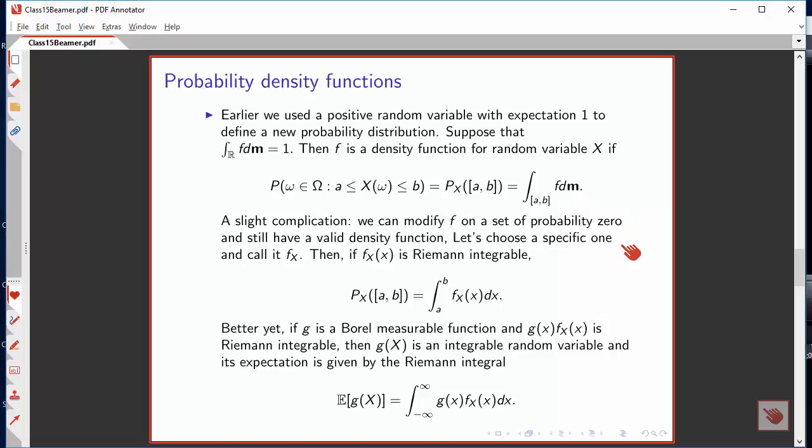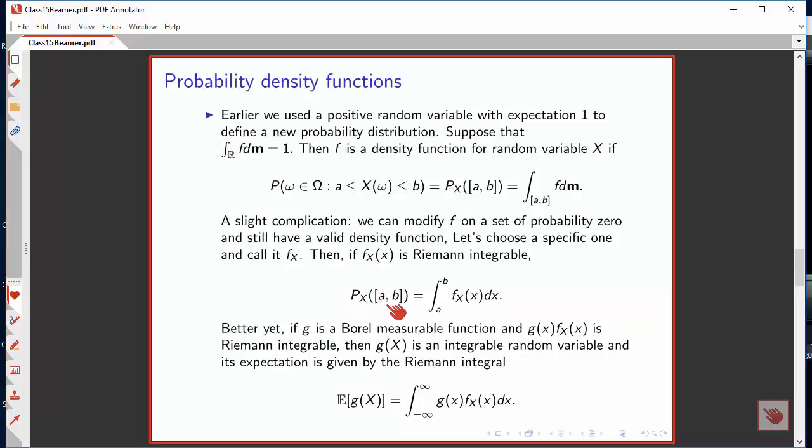But there's a complication here. We can modify a function on a set whose probability is 0. We won't change the expectation, and we will still have a valid density function. So we have to choose a very specific value for the f that goes along with our new random variable x. I'll call it f sub x, and I can then say if that function is Riemann integrable, the probability function